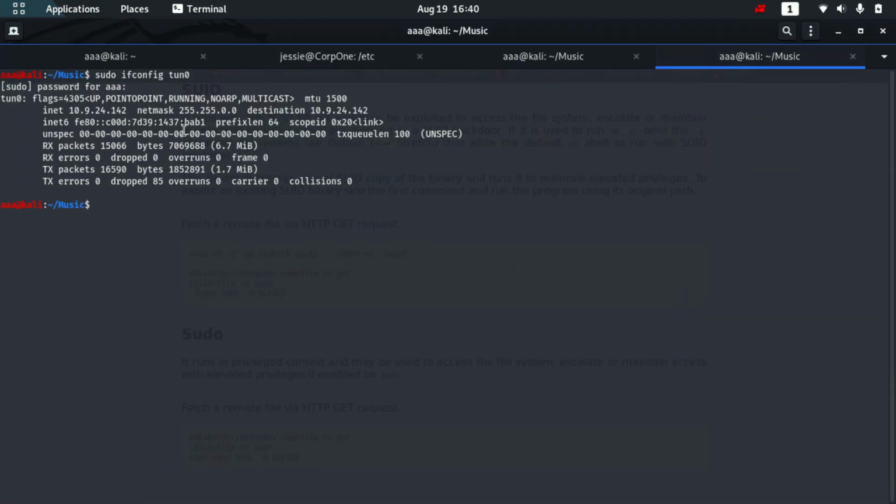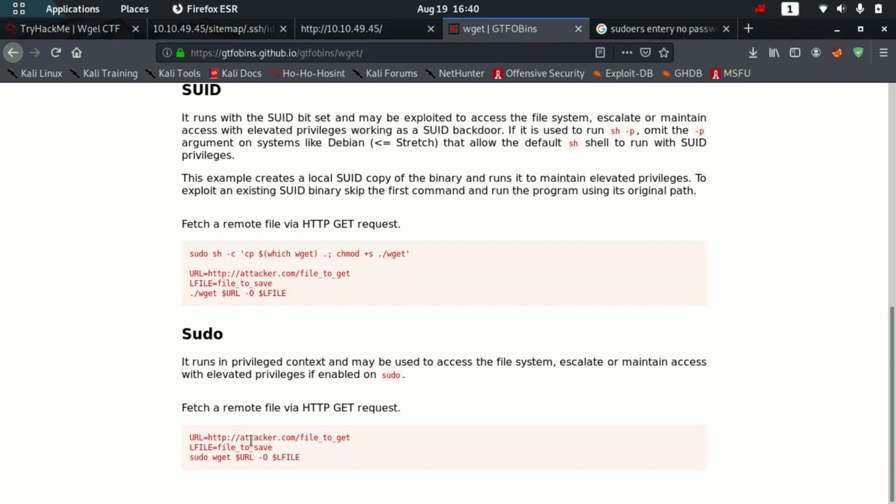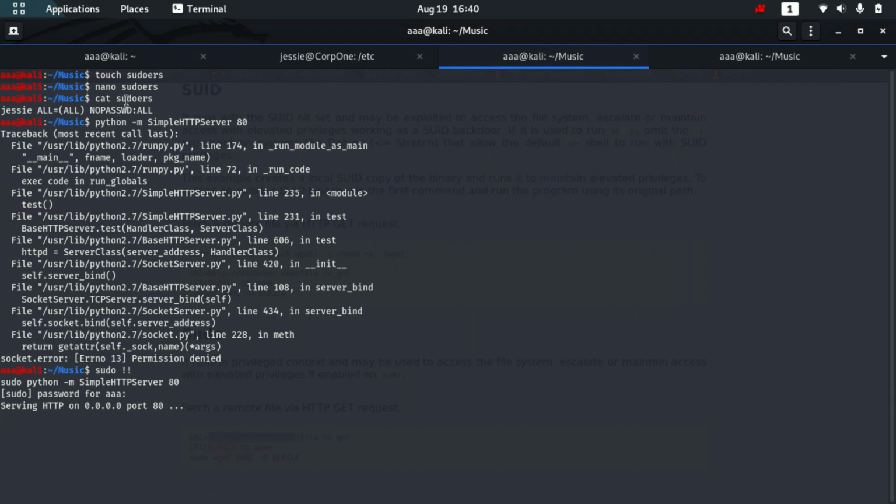So the URL is my place, and then, yeah, the URL is attacker.com, which is me, and then the file to get is sudoers. Yeah, it's the sudoers file.